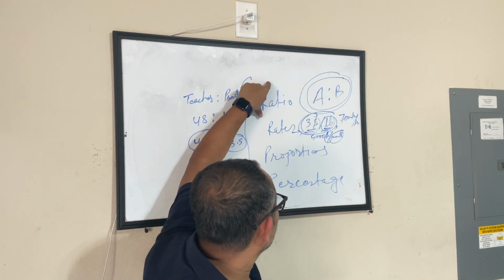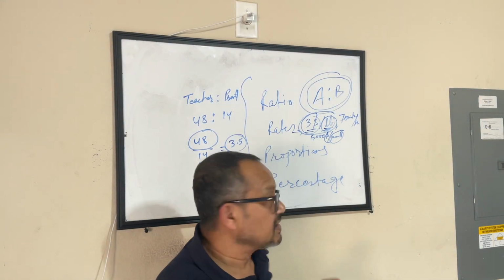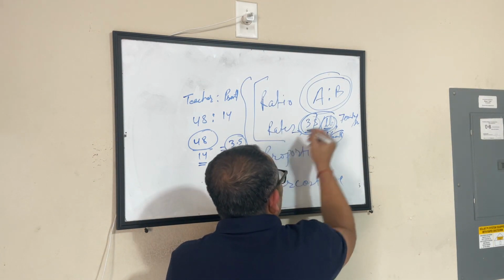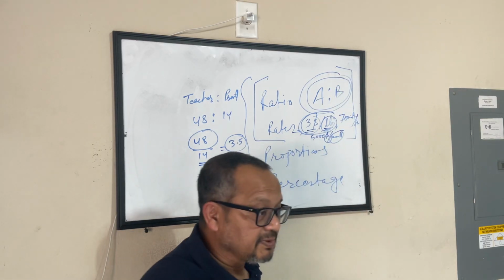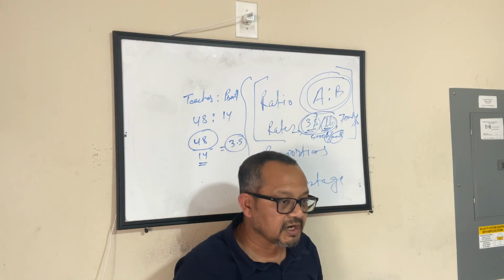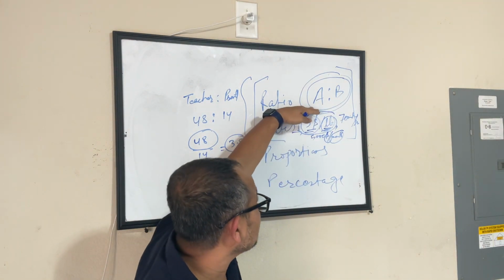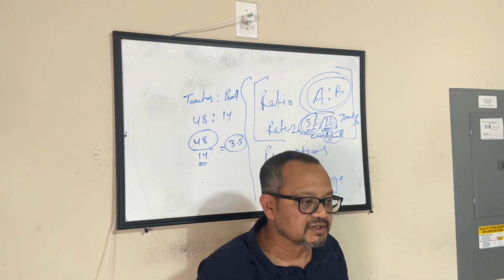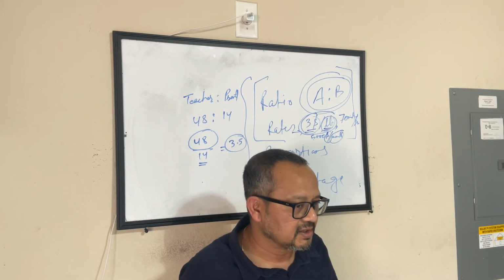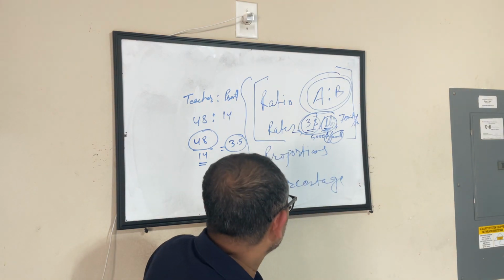So, ratio and rates might look similar, might sound similar, but when you are looking at how to keep them separate, this is one striking difference that you would want to take into account: when you are talking about rates, you are talking about two different units. When you are talking about ratio, they are using the same unit. Is that part clear? Yeah. Now